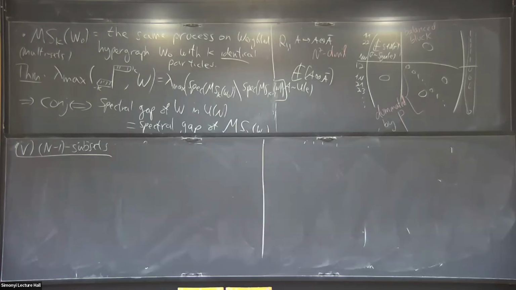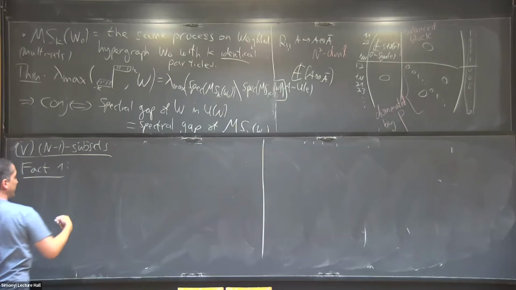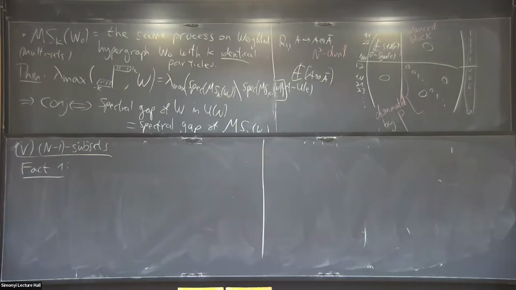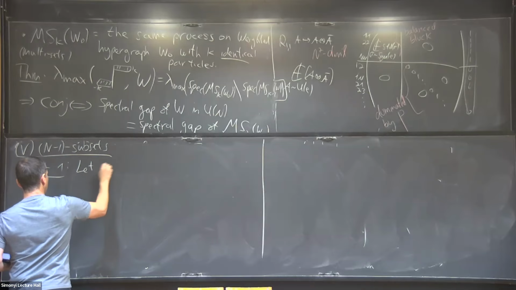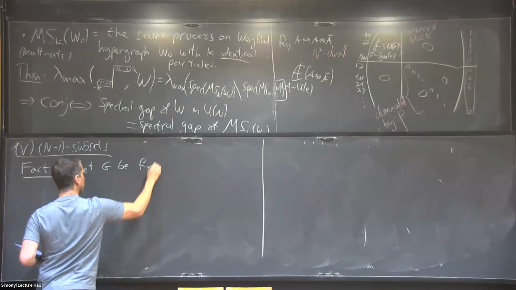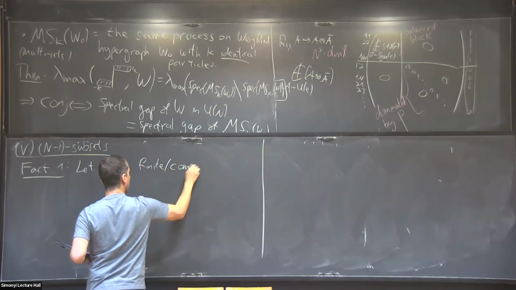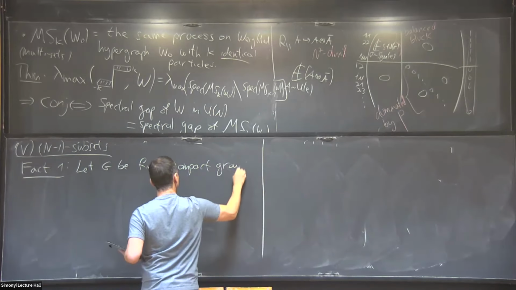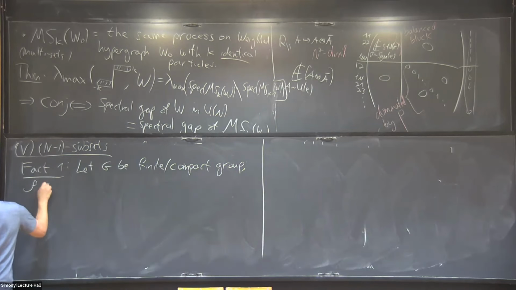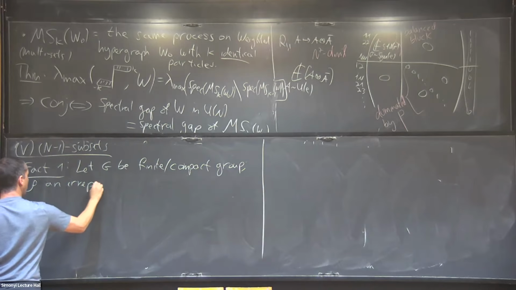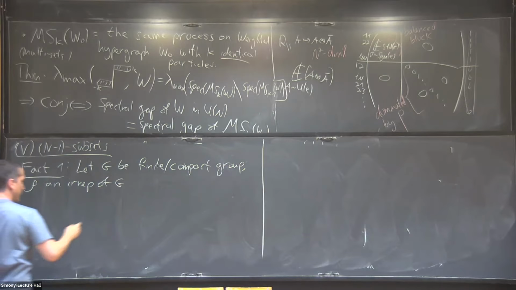And we need two facts. One of them is what Avi said before. It says that if you take an average over the entire group of some irreducible representation, you get 0, unless the representation is trivial. So let G be a finite or compact group, and rho an irrep. Then